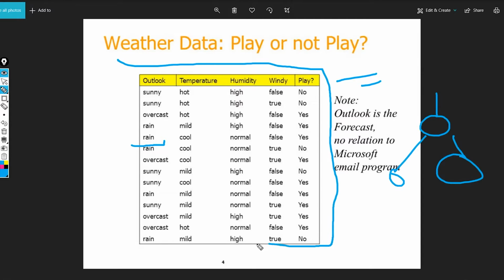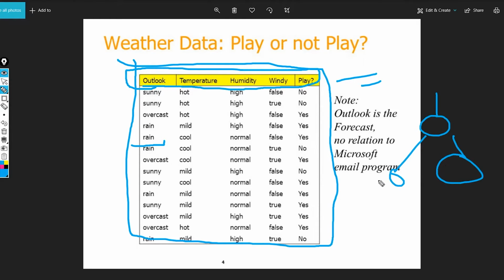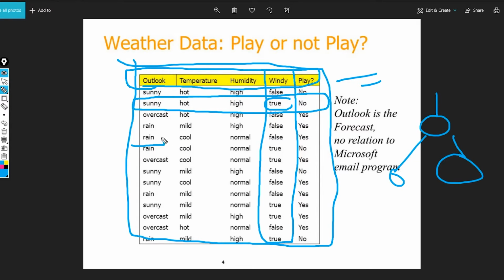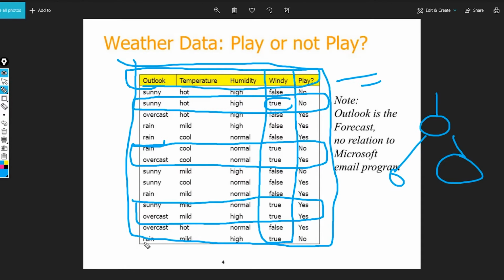Okay, so what we have said here is that x right and x left will also have all these columns, but it is going to split on the basis of this part. It is going to split on the basis of this part, and when it is true, it will be like this. So the left part will have these rows, and lastly the left part will have this row. So these are the rows that are going to be in the left part, and everything else is going into the right part.